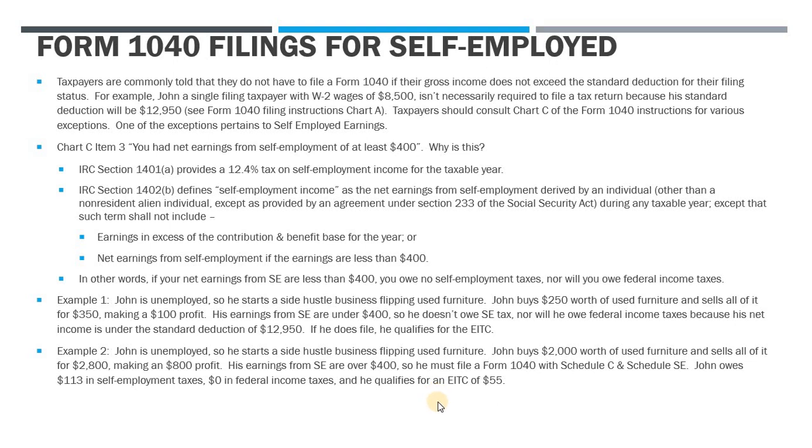So now he's got to be filing the Form 1040. And with that 1040, he needs a Schedule C and a Schedule SE. So Schedule SE for self-employment earnings and taxes. Now, John, what's he going to end up owing? Well, what we're going to see is that he owes some self-employment tax. This is the trigger for why he had to file the return. But he's still not going to owe any federal income tax because, again, his net earnings are going to be under the standard deduction. So the standard deduction wipes out his AGI completely. He gets down to 0 taxable income, but he still has the self-employment tax obligation, and we'll see he also gets an earned income credit.